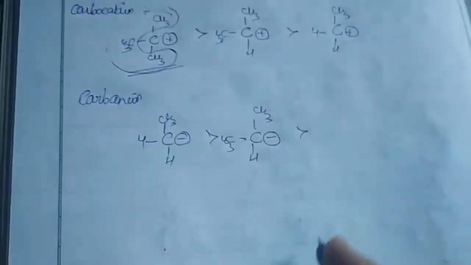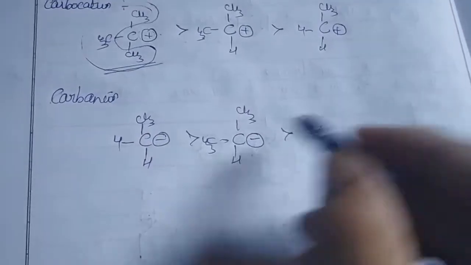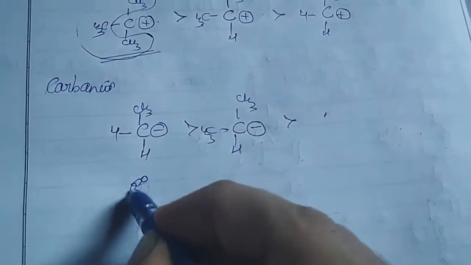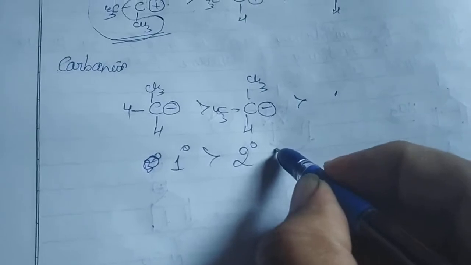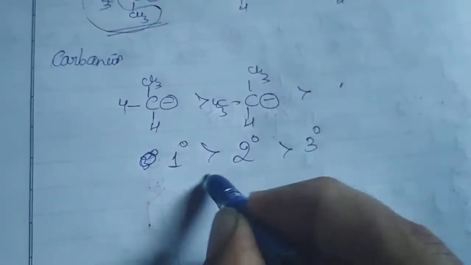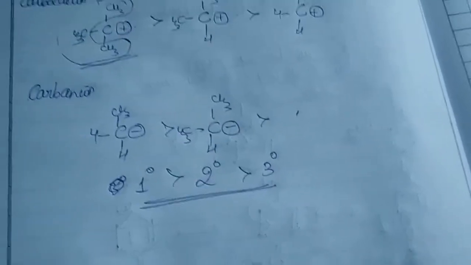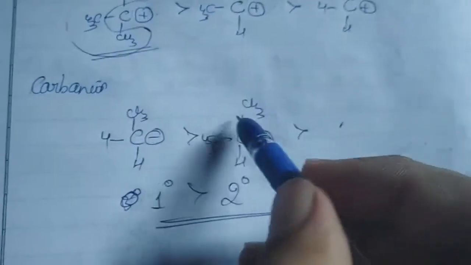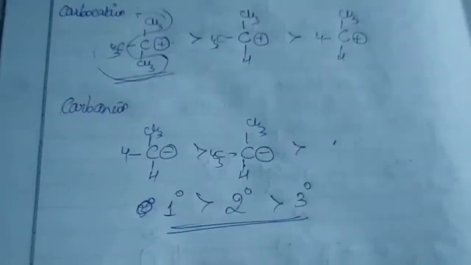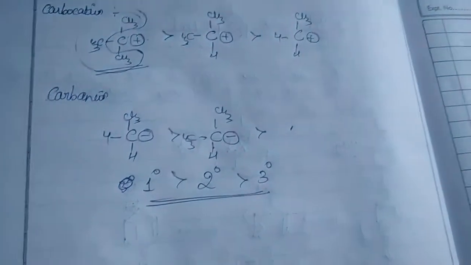Yes or no? And then will be our tertiary. First we'll be having our primary carbanion, then our secondary carbanion, and the least stable will be our tertiary carbanion. Of course, why is it so? Because as we know, in a carbanion the carbon atom has a negative charge, and